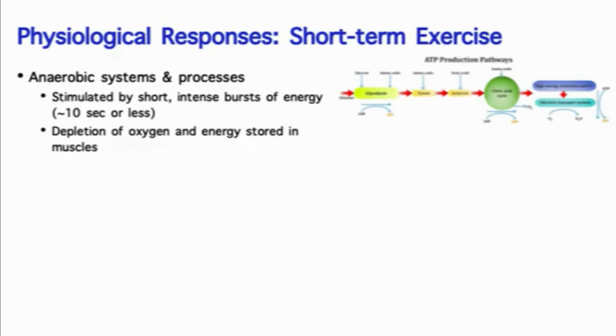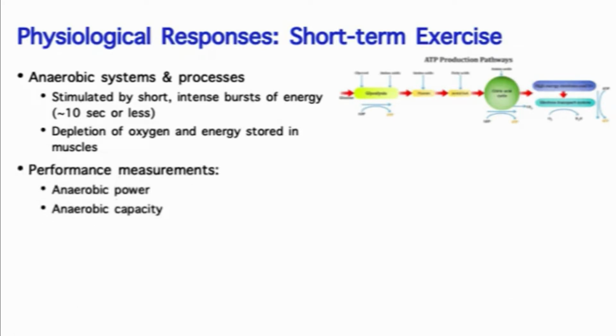We know that when we do short-term exercises, or small bursts of a lot of power, our muscles will often get fatigued and sore really quickly, and that's due to the buildup of lactic acid. But we also produce lactate in other forms of exercise that are longer duration, so it's just a byproduct that we usually associate with fatigue. Generally, this glycolytic process is really short and yields a very small amount of energy, but it's a really quick production of energy, which is good for these short duration types of exercises.